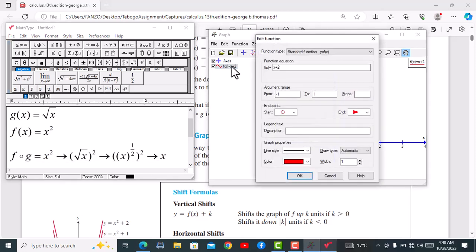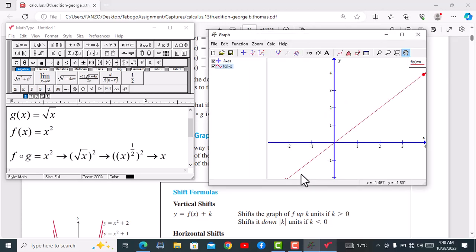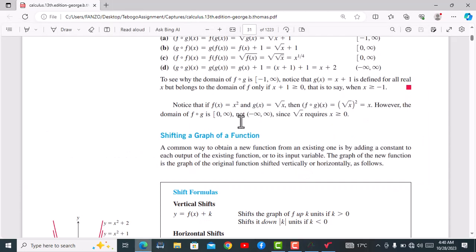So let's look at the domain. Let's try to draw this function. y is equal to x, and I'm not going to specify the interval there. And look at the domain. I want to show you something. Negative infinity to positive infinity. He says, however, the domain of this is 0 to positive infinity and not minus infinity to positive